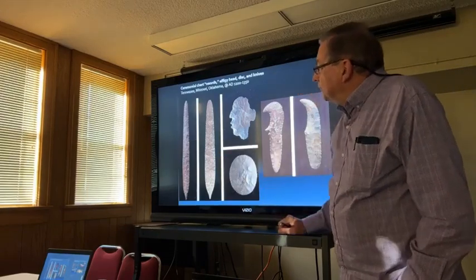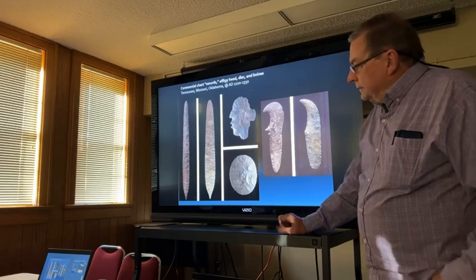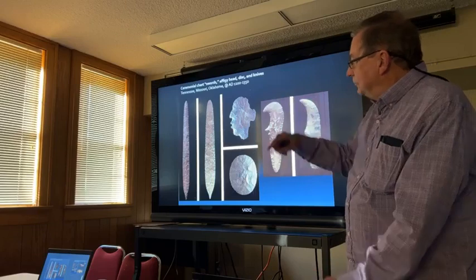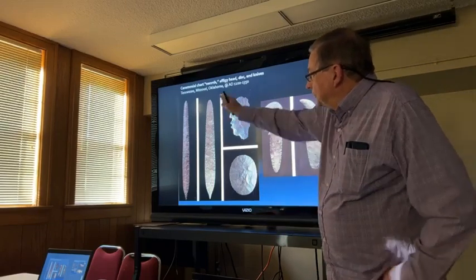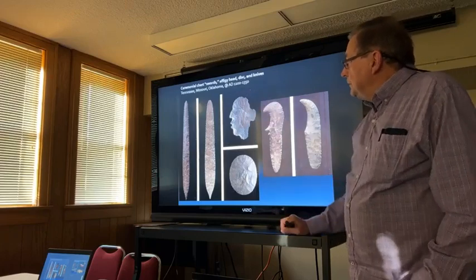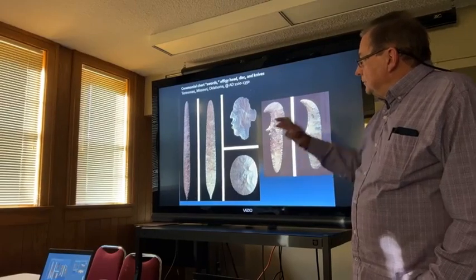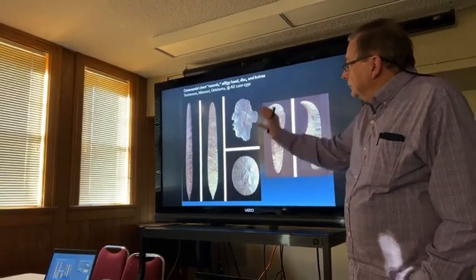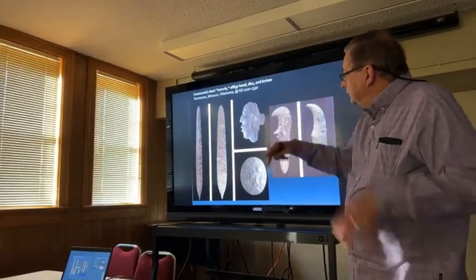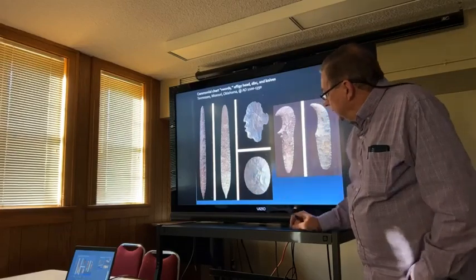Don't find things like this too often. That comes from Tennessee, the Duck River area, and these things are about this long. They're just amazing. Imagine the control it would take to chip out something like that. Occasionally we do find effigy forms, sometimes in bird-like forms or lizards, and here's one that shows a human in profile, the nose and the mouth and the hair bun at the back, and just a nice, perfect circular piece that